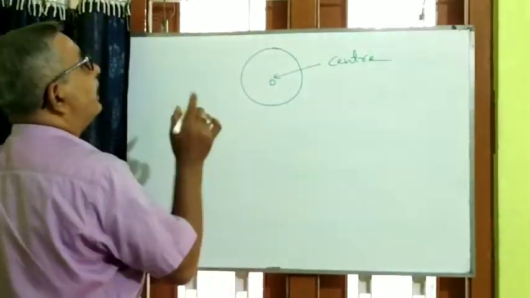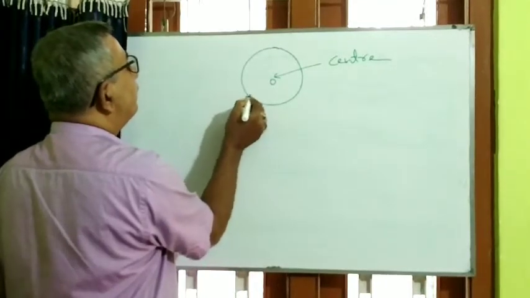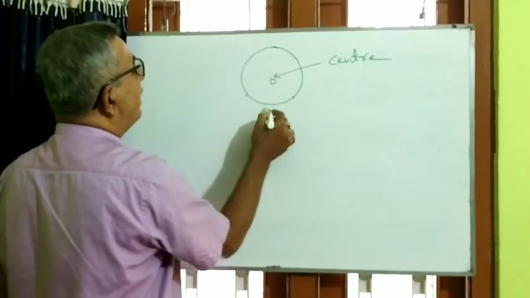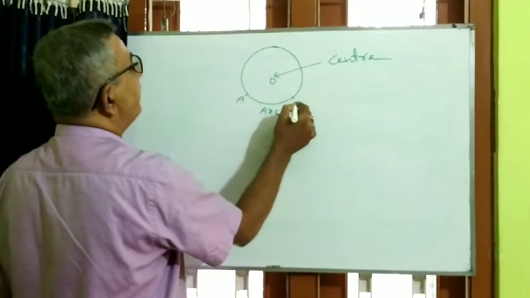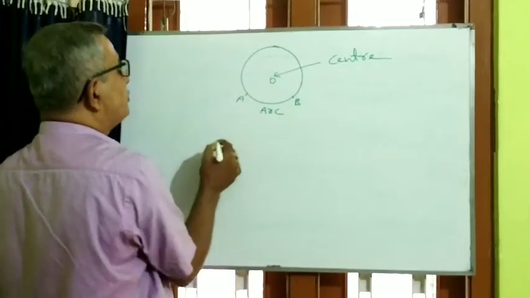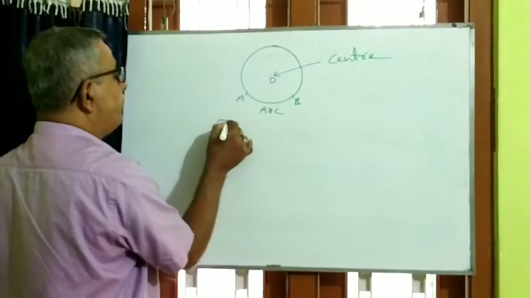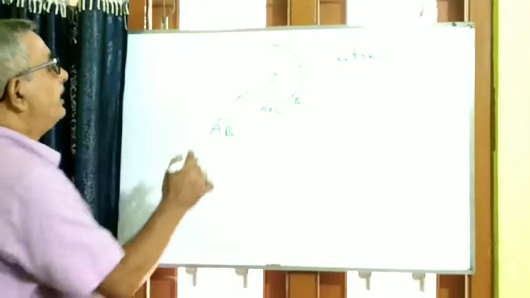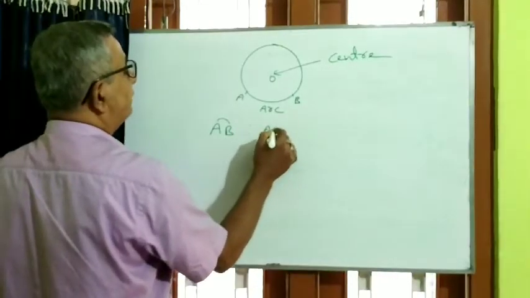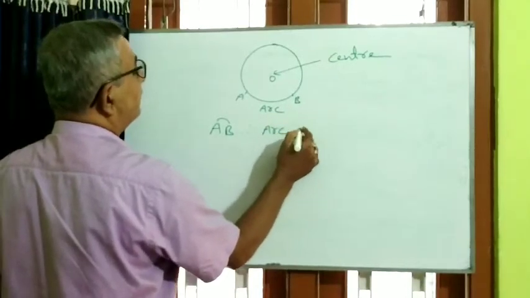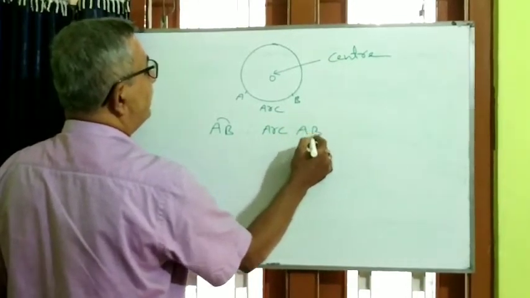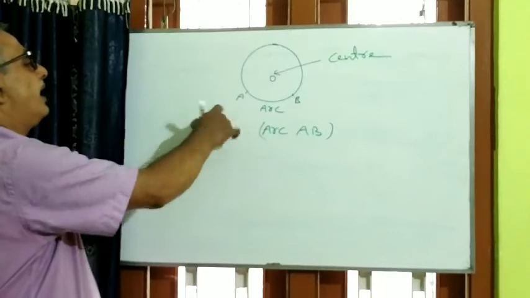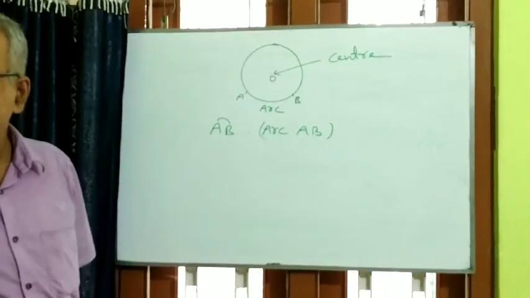Now, a part of a circle is called an arc. Here the name I am giving is AB. This is called arc AB. Like that we are giving the arc sign on the head. So this will be called AB arc or arc AB. Understand? Instead of writing so much, you can write AB and then give an arc sign. Clear now?